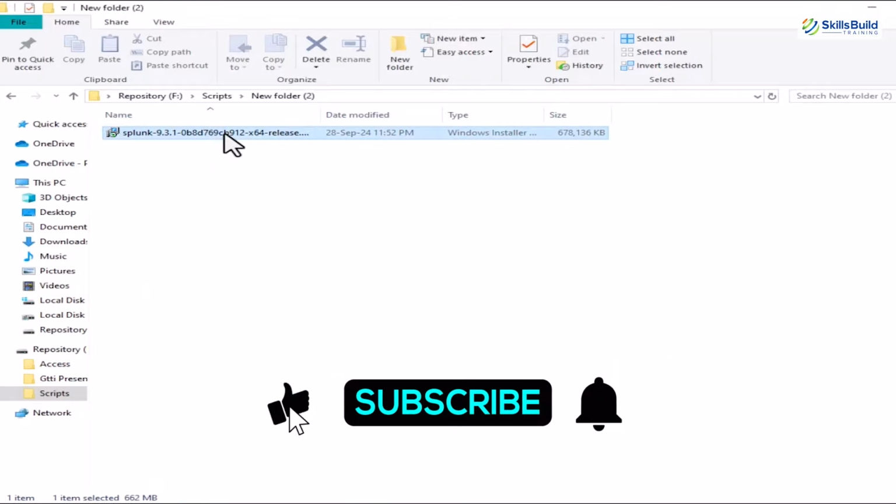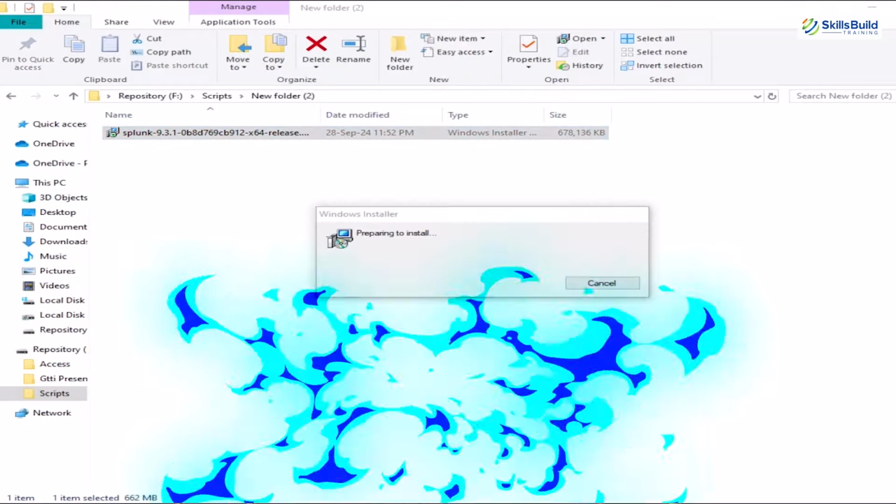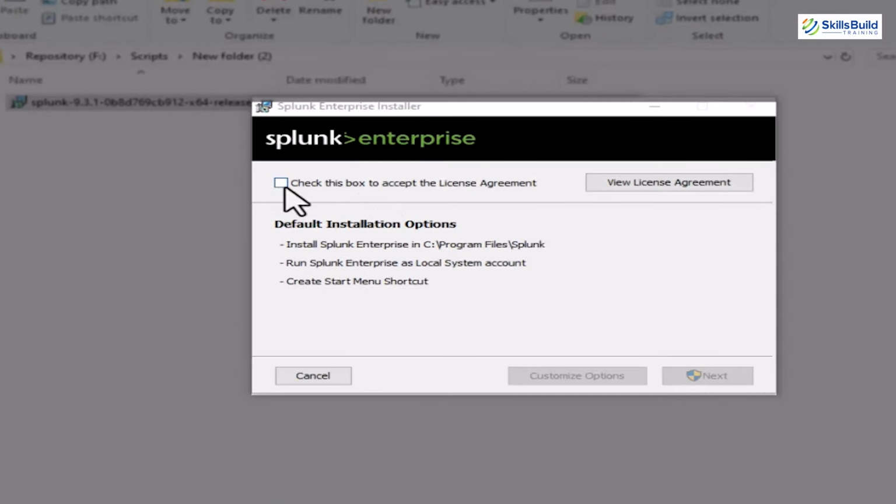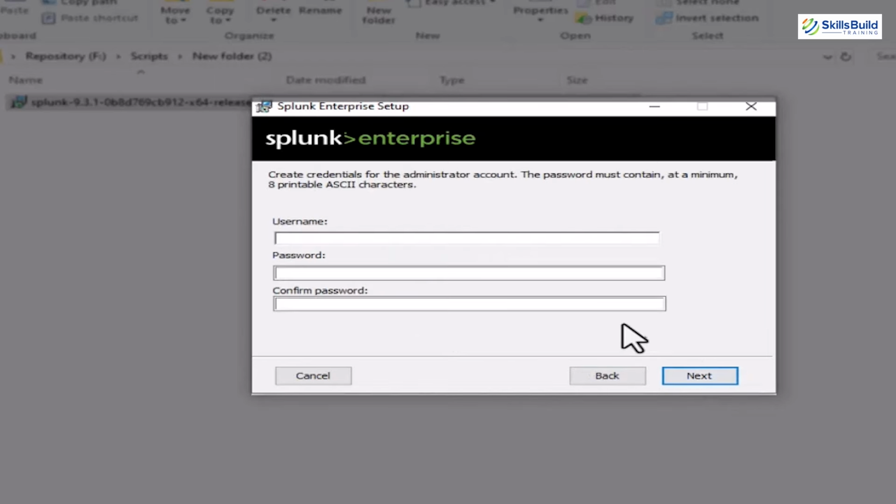After the completion of a download, open the Splunk installer and accept the license agreement. It shows you some default installation options. You can either go with the defaults or customize them by clicking on the Customize Options button. Next, click on the Next button to start the installation process and enter the username, password, confirm password field, and